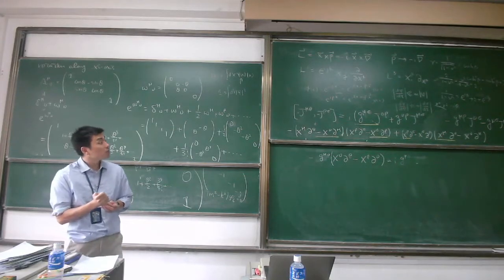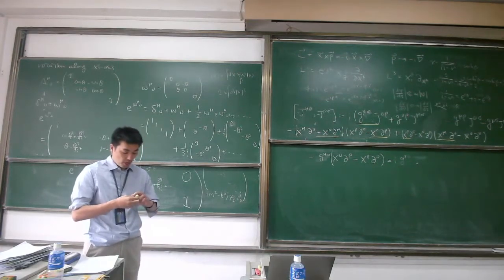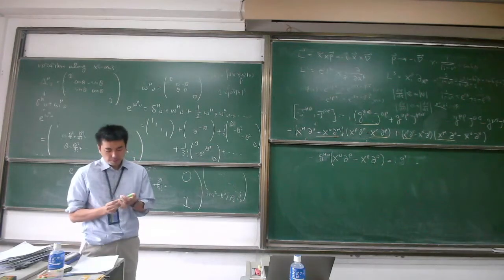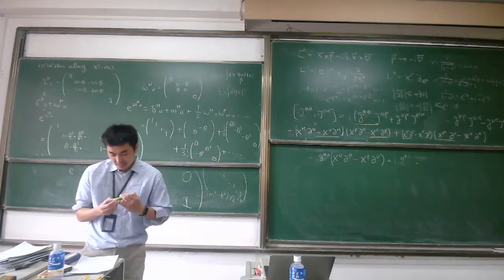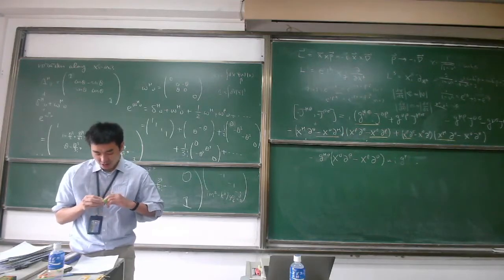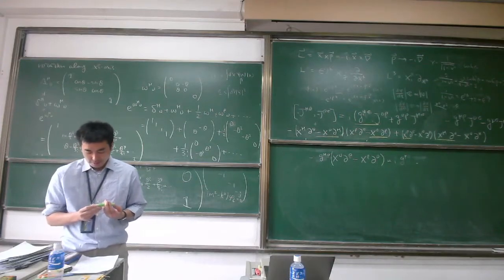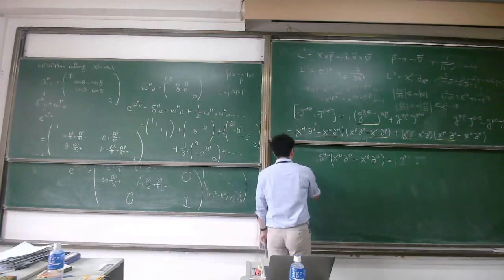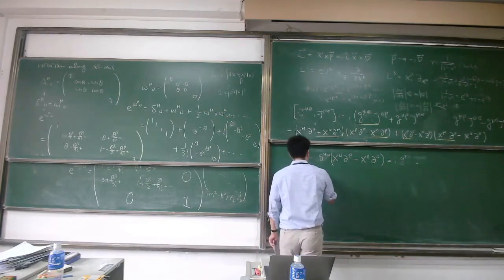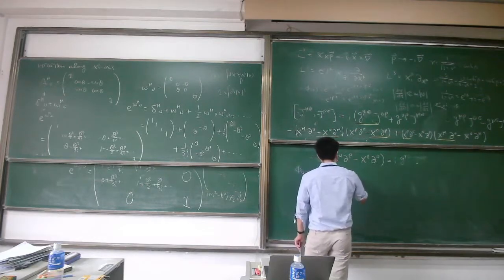So this is the one I erased already. M is a representation of a Lie algebra. And unfortunately, I cannot bring it out. Okay, so the phi A is mapped to S AB of lambda phi B